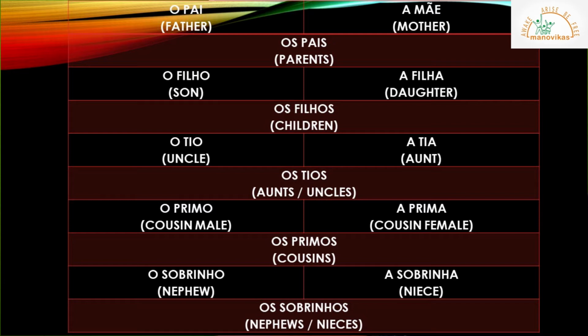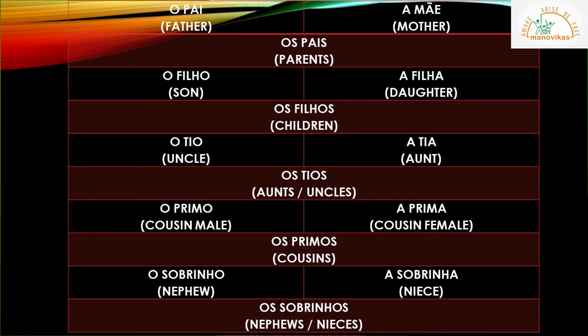Now, cousins would be their children. O primo, a prima. Together, a group of cousins would be called os primos. Again, if you want to talk about only your girl cousins, the feminine, you will say as primas. And the same rule applies to all those groups which have only a group of girls in them. Now, if there is even one masculine element, so for example, in a group of many cousins there may be 10 girls, but there is one boy, you will still have to say os primos. Alright, moving on.